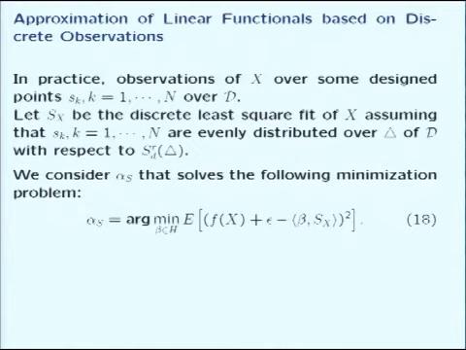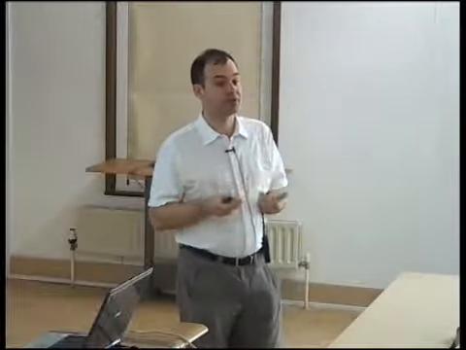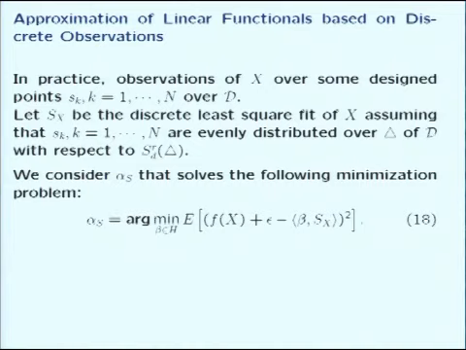Now, when you have discrete observations, so this is all based on a sample of fully observed surfaces. But it's obvious that in practice you have observations over some design points, as I showed in the motivation at the beginning. We have to replace X, the surface that is supposed to be fully observed, by some approximation. And actually, we're going to take the spline approximation of this surface. It makes sense as well.